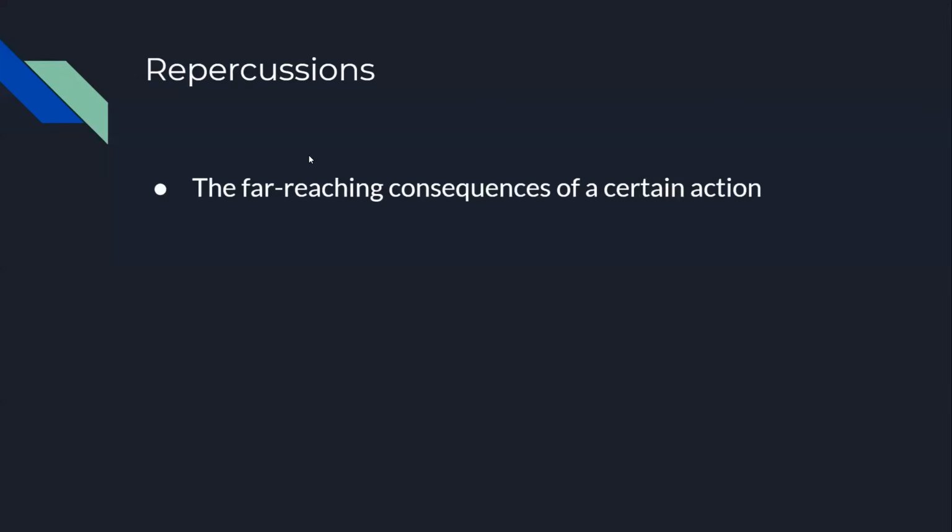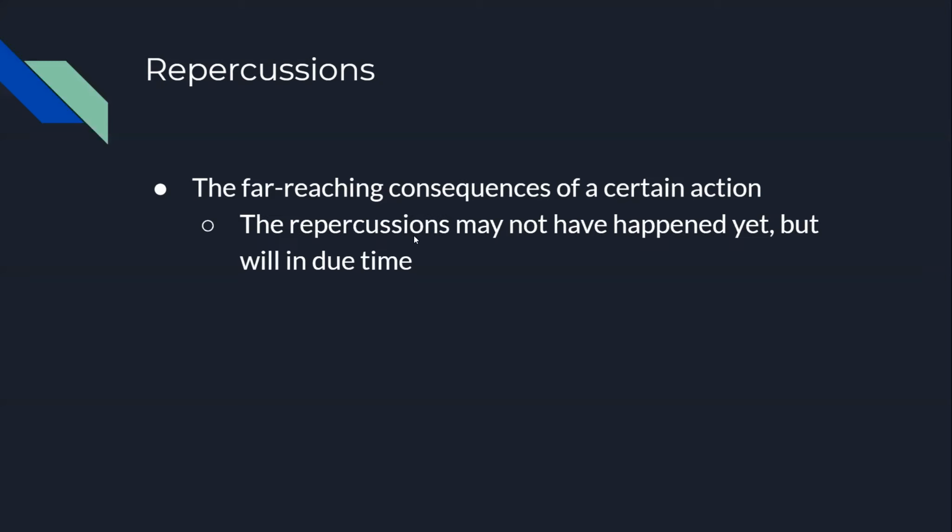So the next one I wanted to talk about under ethos is repercussions. So the repercussions are generally when the author discusses extreme effects or consequences that a certain action may have. The author can emphasize that though the repercussions have not set in as of yet, they will definitely happen in due time. An example would be how